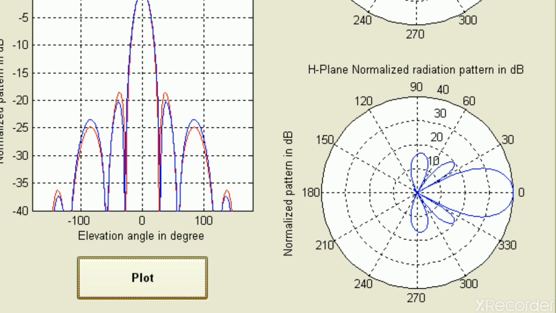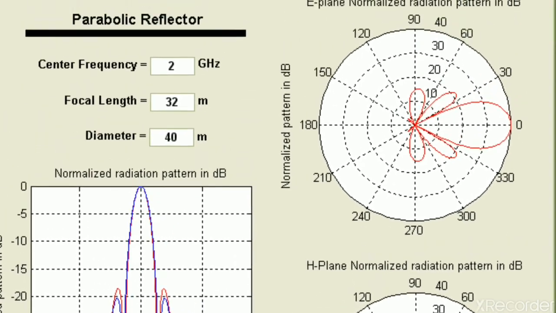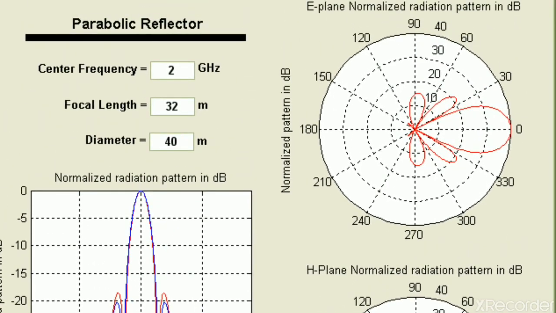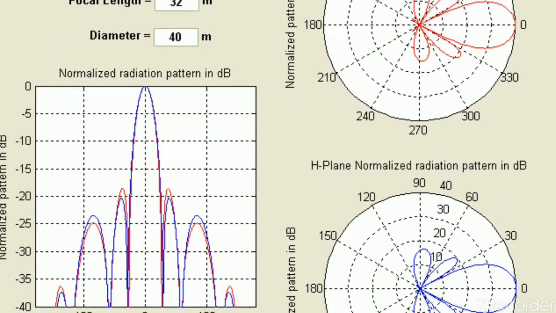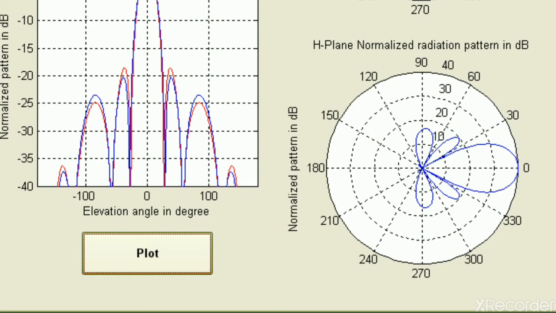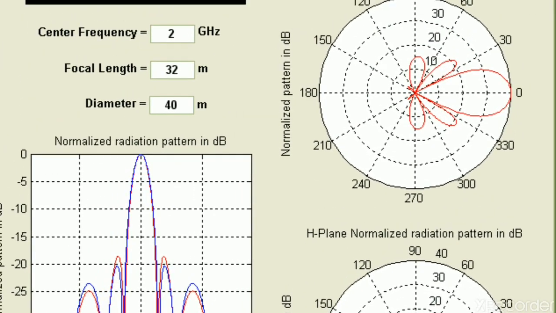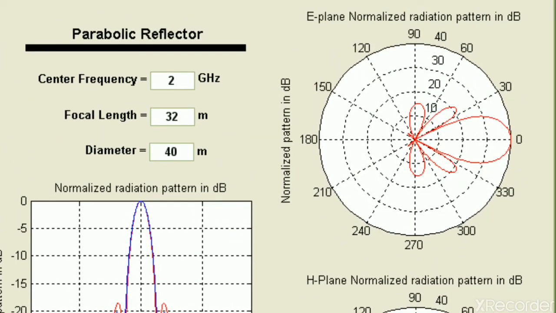So please remember this normalized radiation pattern for the H plane, that is the plane towards the magnetic field, the orientation of electromagnetic waves towards the magnetic field. And this is the orientation of waves or beam width towards the electrical field, which is vertically oriented, and for the H plane those are horizontally oriented. So both have almost equal radiation patterns for E plane and H plane.